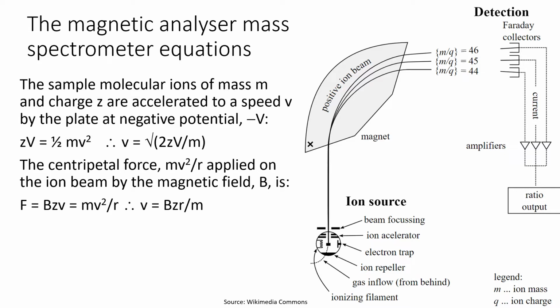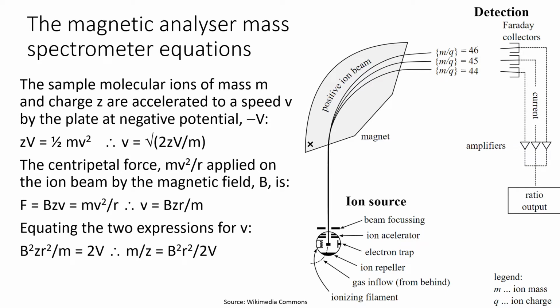It's going to depend upon the charge on the ions and how fast they're going. This is relating to the magnetic field line cutting. So this centripetal force, mv squared over r, we can equate to BZv, the magnetic field strength times the charge times the speed of the ions. So again, we can rearrange this equation, and that will give us a different expression for the speed of the ions. And of course, we can equate these two expressions now, and so this will give us this later expression,